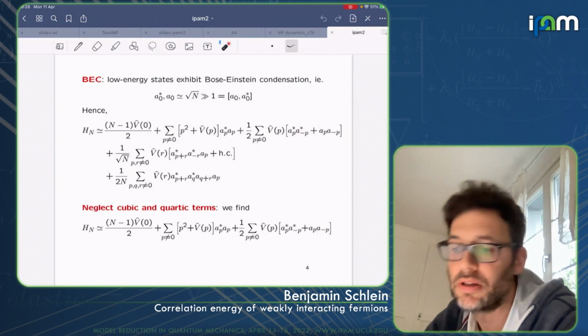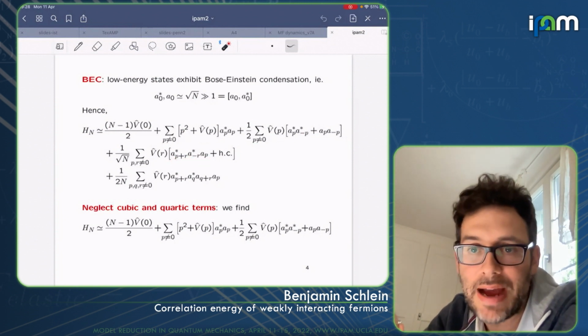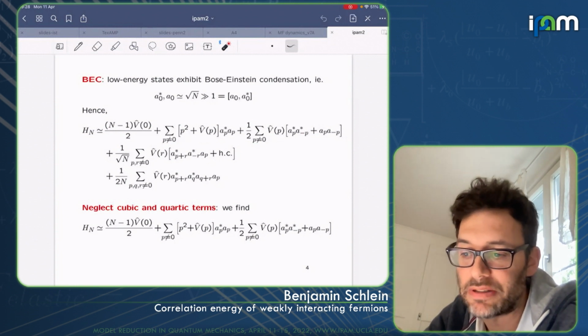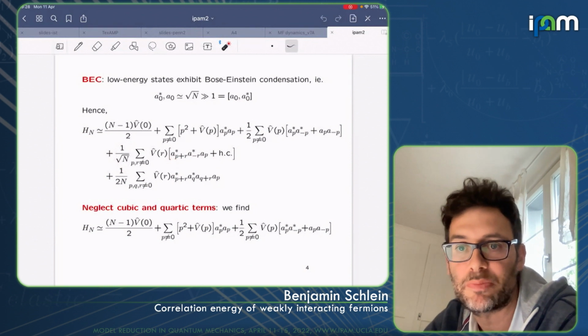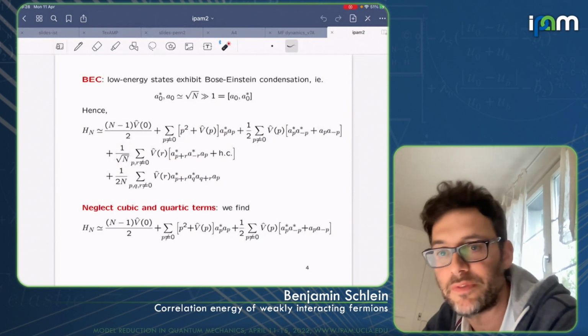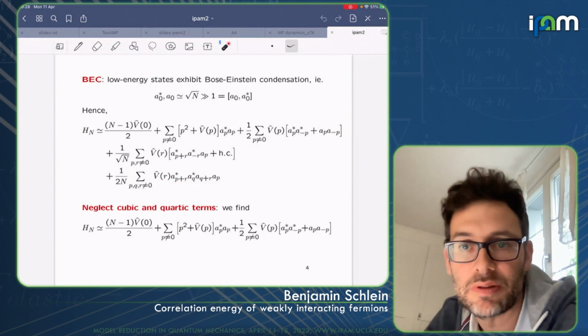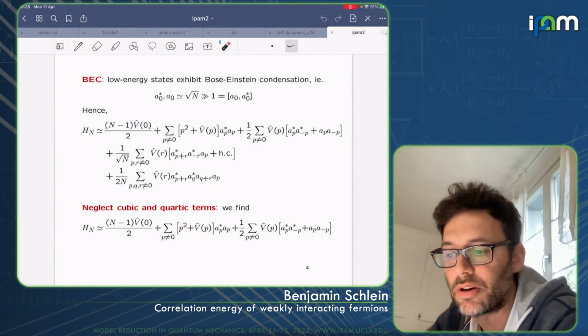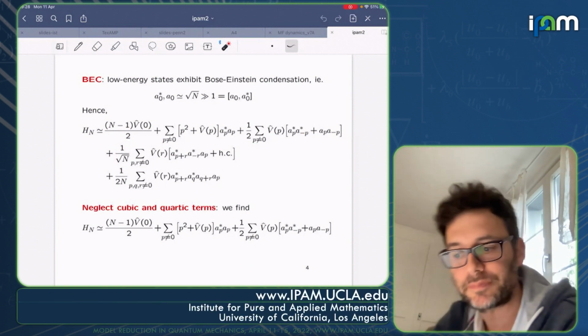Okay, good. And then there are also operators where you only add one factor a_0 or a_0 star. So we still have 1 over root n here, and we have creation and annihilation operators on momenta different from 0. And there we have the contribution where all the labels are different from 0. So here there is no a_0 operator, so we leave it as it was.